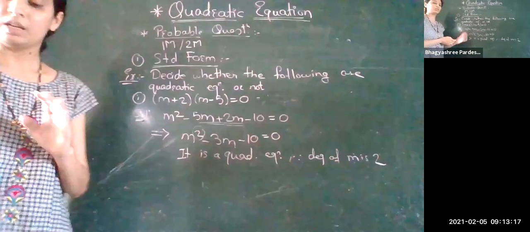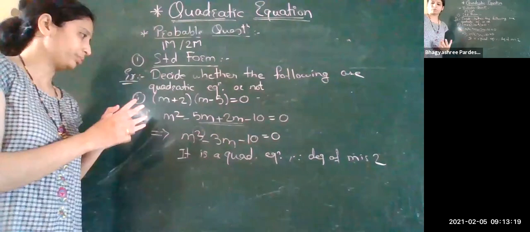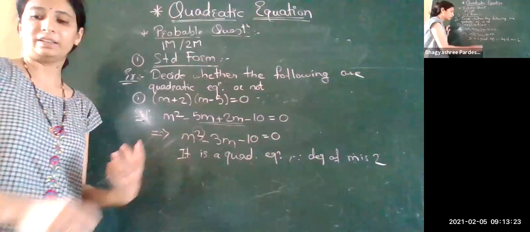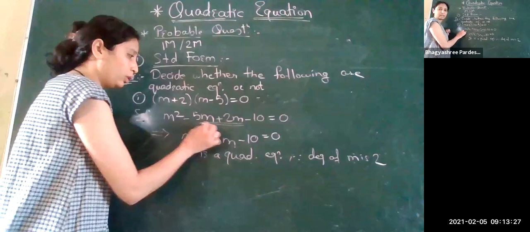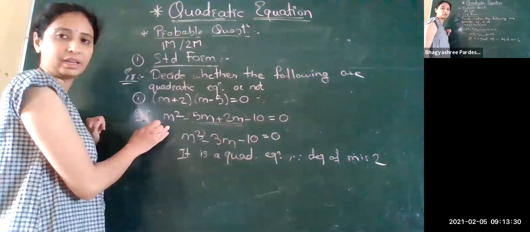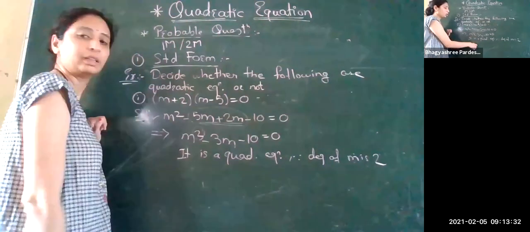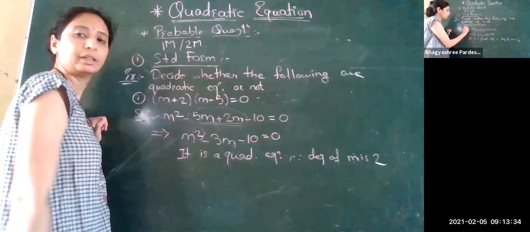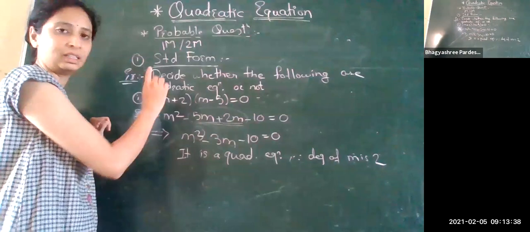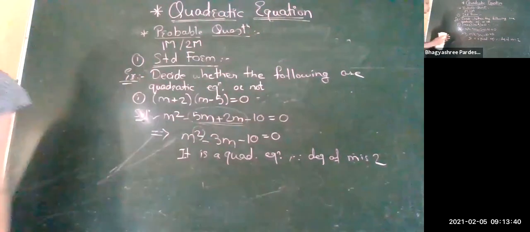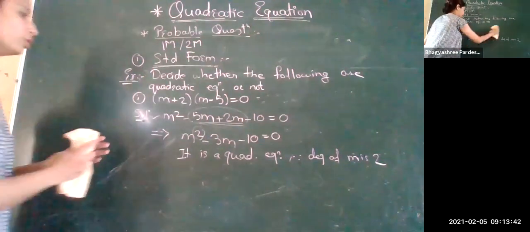Again, since this is asked for 1 mark, we solve it like this. But if it is asked in an MCQ, what are we going to do? No need to solve it using a formula. Directly we can say that this is nothing but a quadratic equation. No need to solve it even on a rough page. Just from here you can say that this is a quadratic equation. Clear? Let's take 2 more examples.